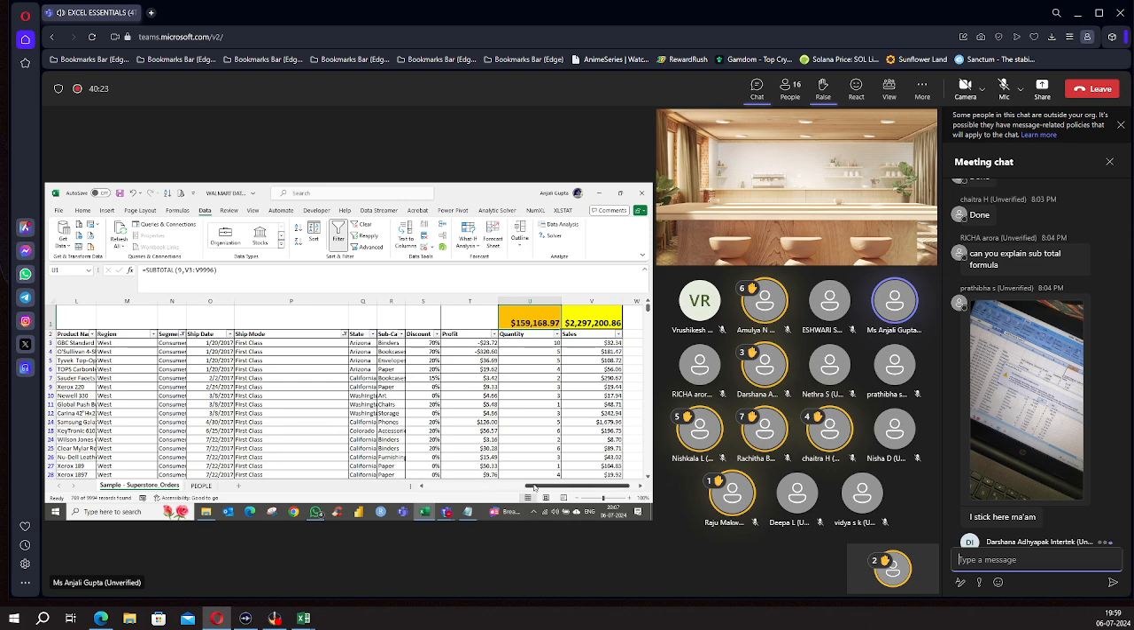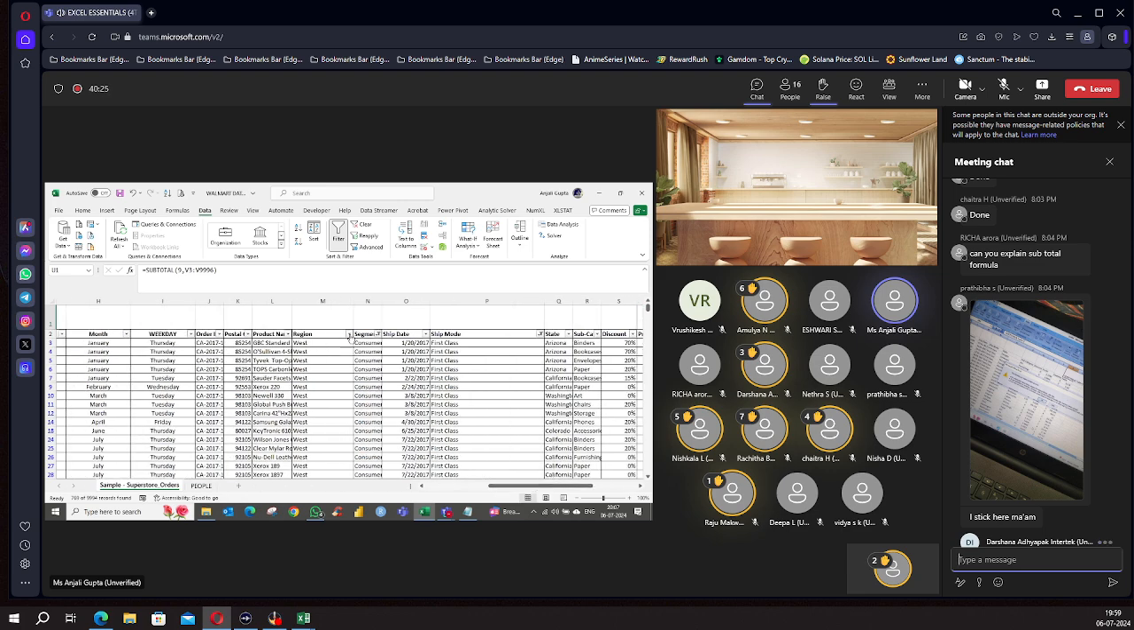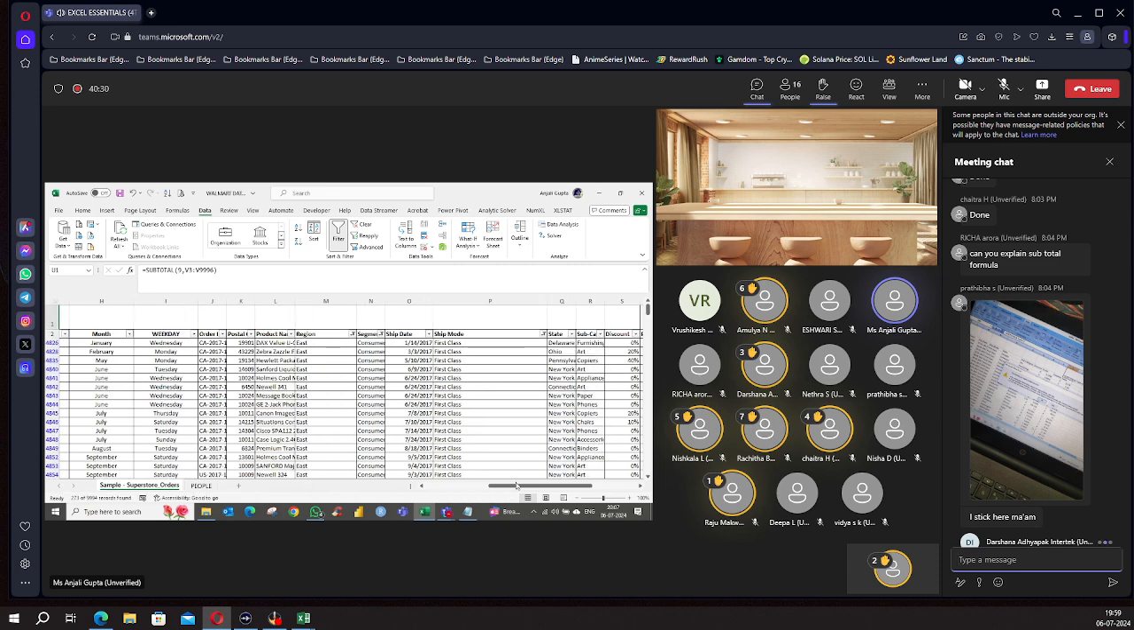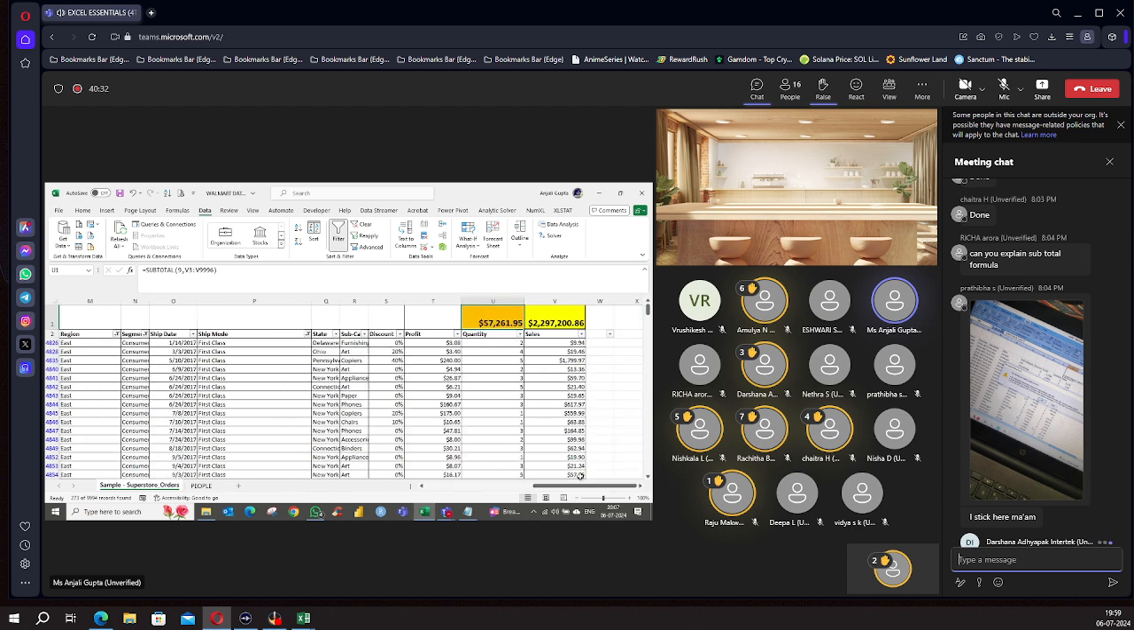For consumer, suppose I wanted to know it for East region. So I have just selected East region. So what is for East region in consumer segment, the sales for which shipping mode is first class is $57,261.95. And this is not changing because this is your total sales. So you can find out the answer for any of your